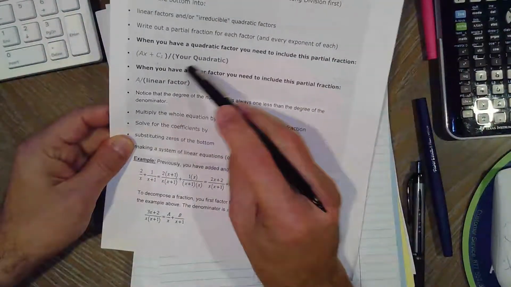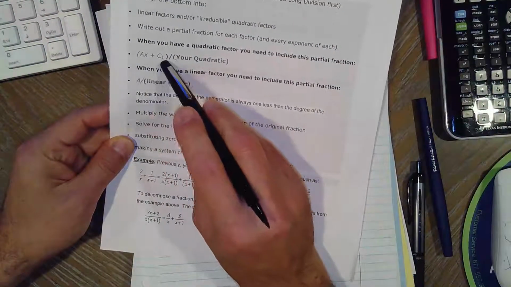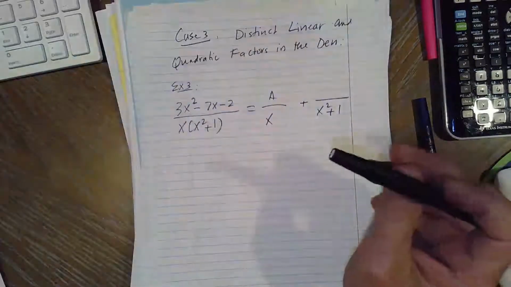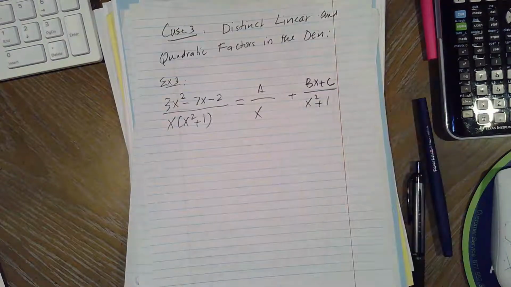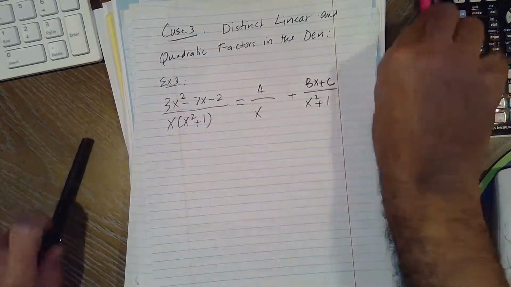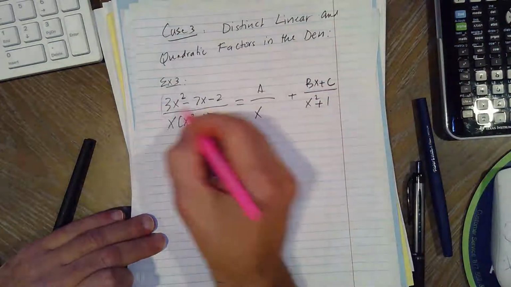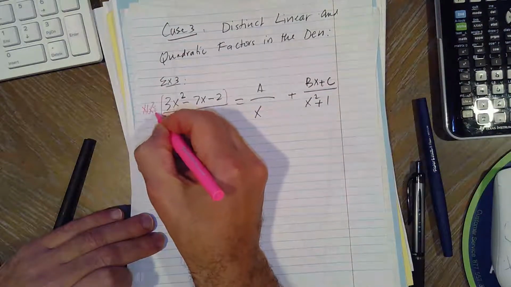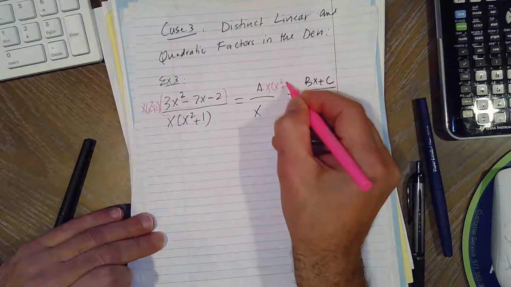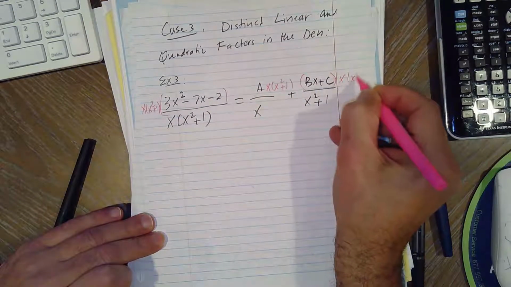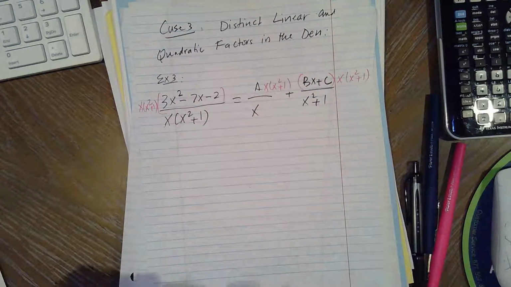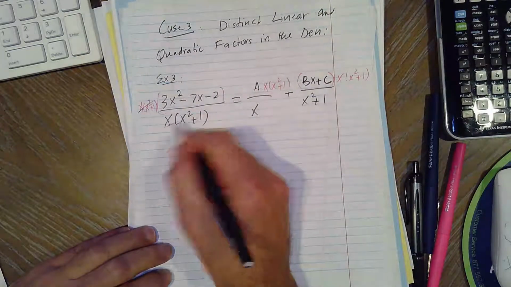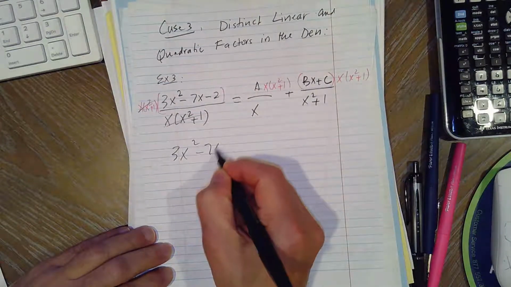Remember that handout? So for quadratic, with linear, Ax plus C or Ax plus B or Bx plus C, it doesn't matter. So we already have an A, so we're going to do Bx plus C. And now we multiply everything by the original denominator, which is x times x squared plus 1, to get rid of all these fractions. So this is going to be 3x squared minus 7x minus 2,